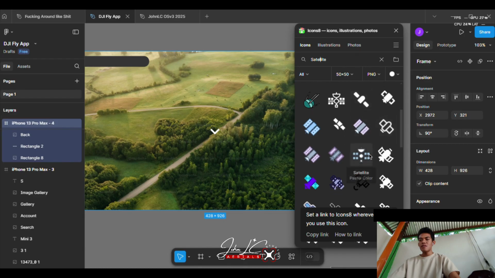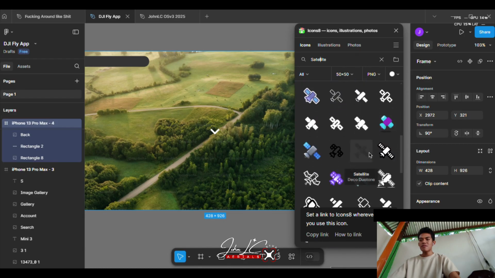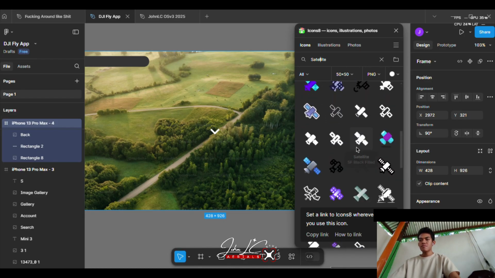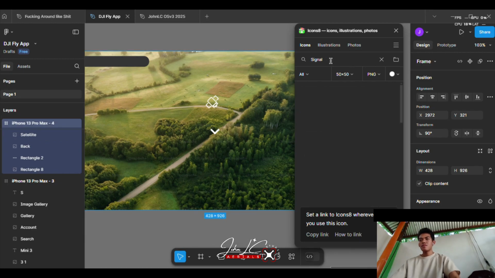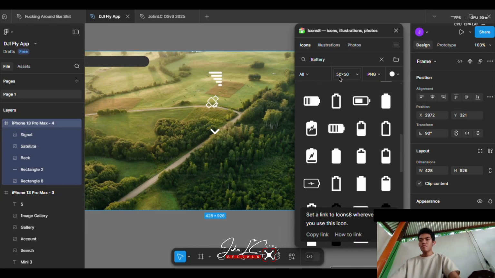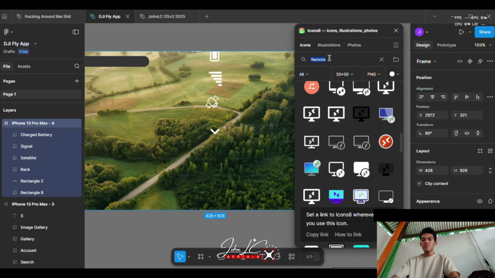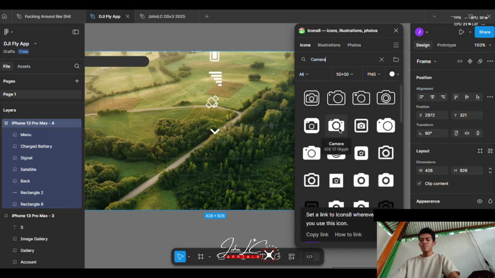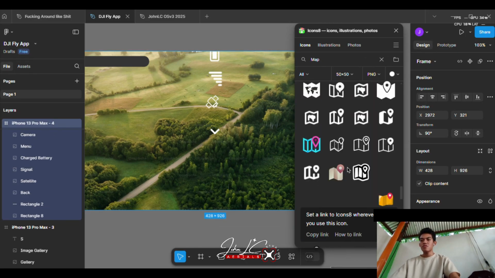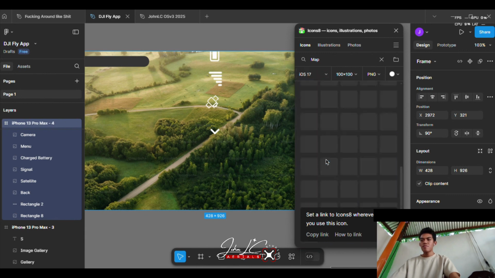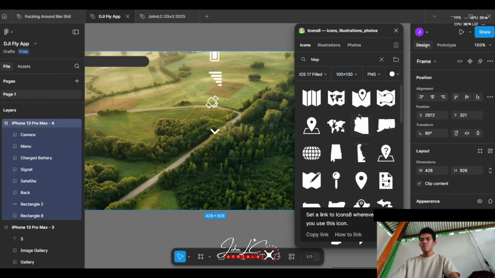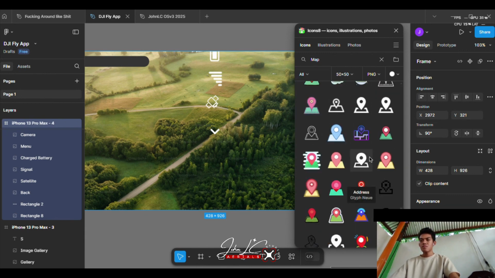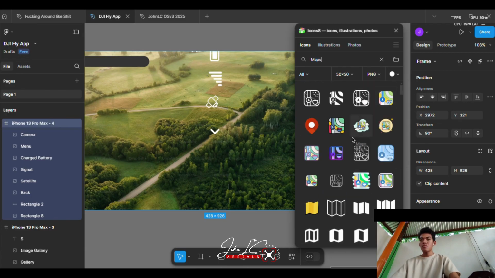Satellite, first. Alright, so we will be using this maps icon,